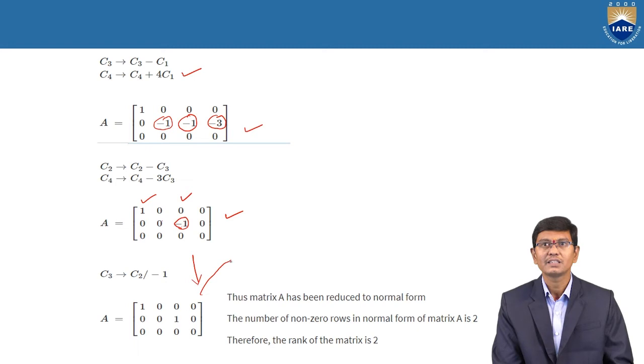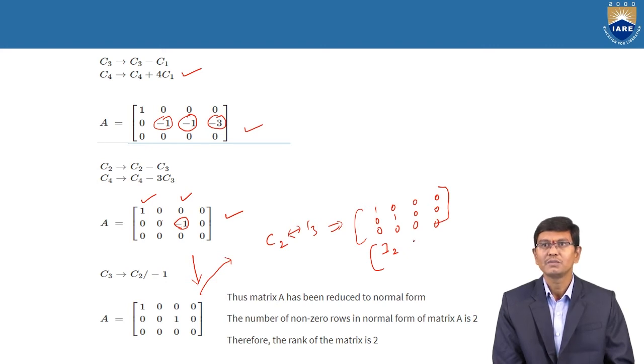Actually, this is also not the standard form of the normal form. On this matrix, once again we are interchanging C2 and C3. The matrix is reduced to 1 0 0, 0 1 0, 0 0 0 and 0 0 0. While observing this matrix, it clearly satisfies that the first row and second row form I2, and the last third and fourth columns are 0, and R3 is 0, and the last value is also 0. Therefore, it is clearly in the form of IR, 0 and 0 0.